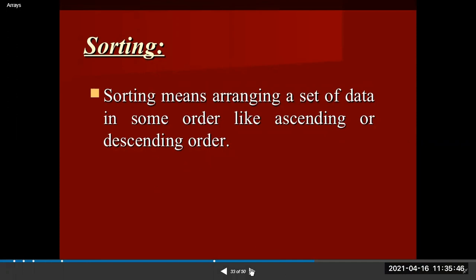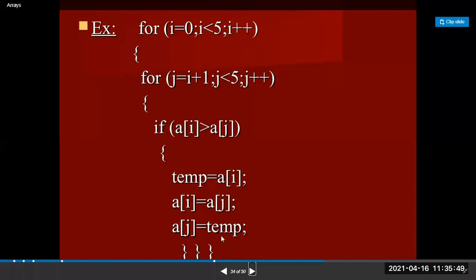Here I am taking one example, which is the bubble sort. I am taking 5 elements in an array and comparing each element with the next element. If the condition is true, then we have to swap the elements. See here, this is the bubble sort. Initially a of i is 0, and it is compared with the next value. If it is greater, then you have to perform the swap operation. Otherwise, you increment j by 1. Then you have to check.